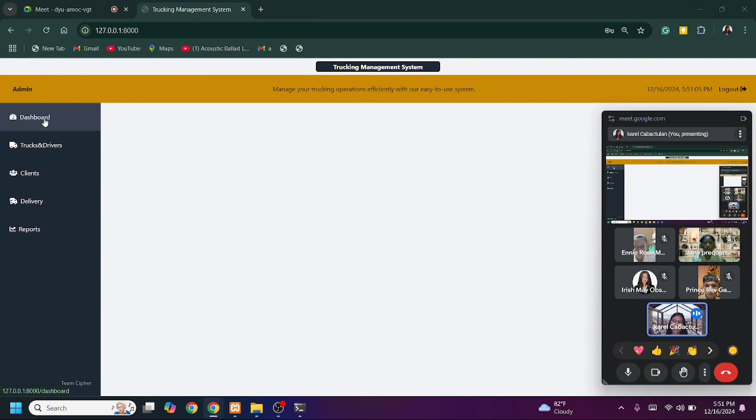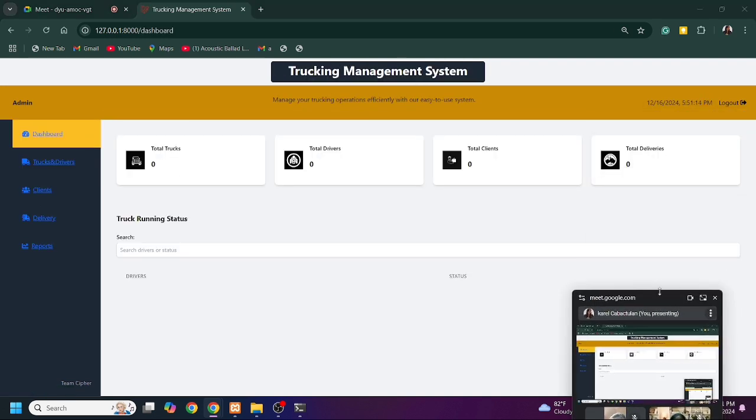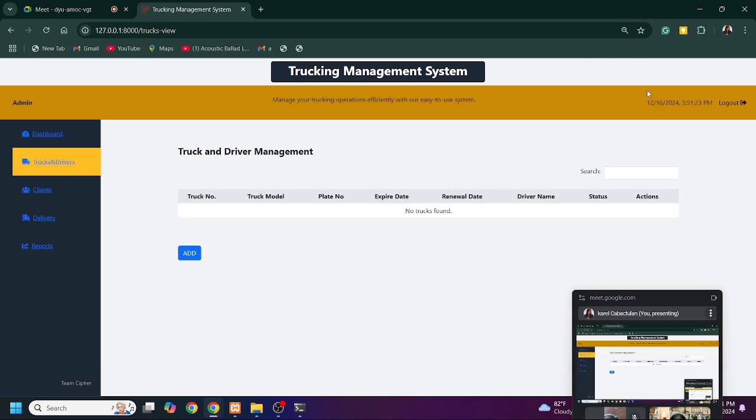Let me tour you through the whole interface. First, we have the dashboard. This will be the interface of our dashboard. And for the truck and driver, this will be the interface.